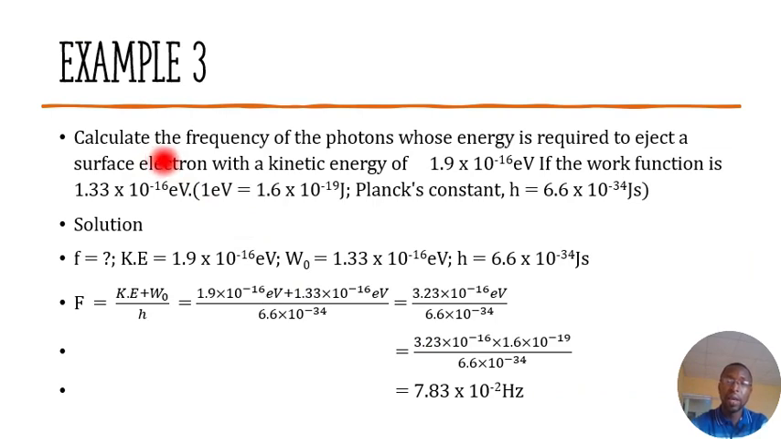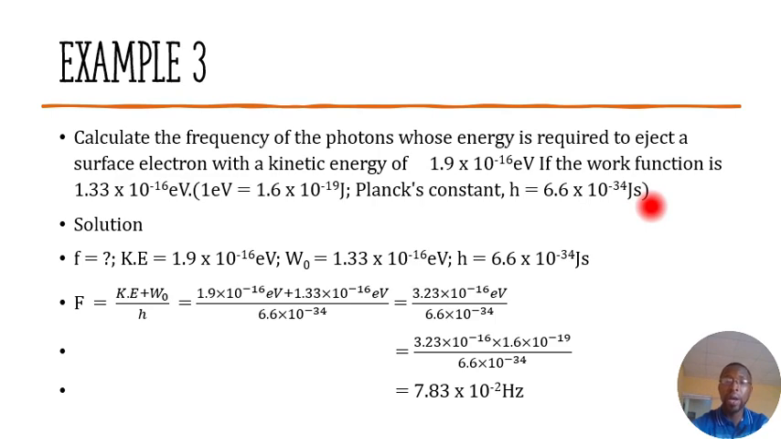Here it says, calculate the frequency of the photons whose energy is required to eject a surface electron with the kinetic energy of 1.9 times 10 to the power minus 16 electron volt if the work function is 1.33 times 10 to the power minus 16 electron volt. Given that 1 electron volt equals 1.6 times 10 to the power minus 19 joule, and Planck constant, which is our H, is 6.6 times 10 to the power minus 34 joules second. Okay, seems